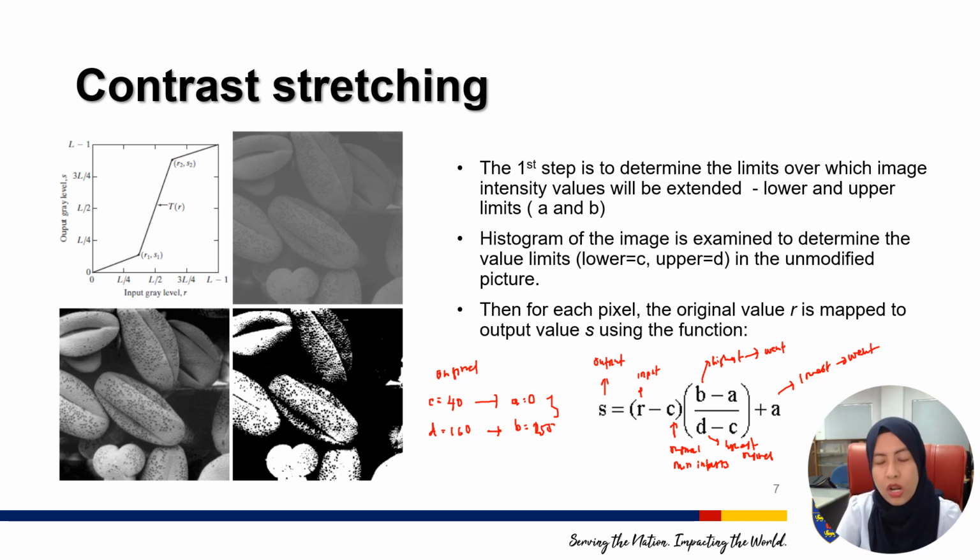In the class later on, I will show you an example if we have the original image in MATLAB. Let's look at the pixel values, what the intensity is, and then we use this formula to transform it. You need to know two things: one, to do it in MATLAB, and one, to do it manually, because in your exam you will be tested on the theoretical part, the calculation part, rather than the coding part. The coding part will be covered in the continuous assessment. So I hope you watch the video first before